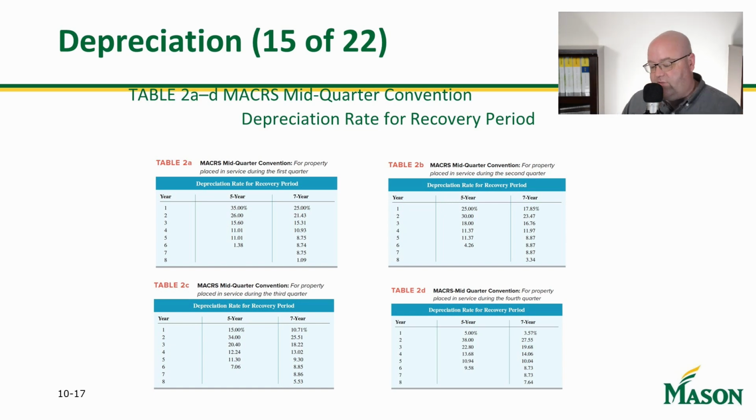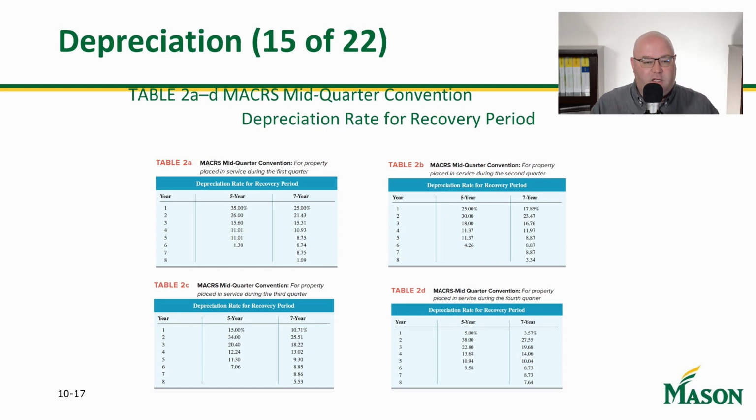Generally, the test is going to be open book, so you don't have to worry about that, just like the first test was. You might want to make sure that you have these thumbnailed, because if I ask you to calculate the depreciation, say I give you a problem involving the mid-quarter convention, by the way, it was placed into service in, we'll say, quarter 1.